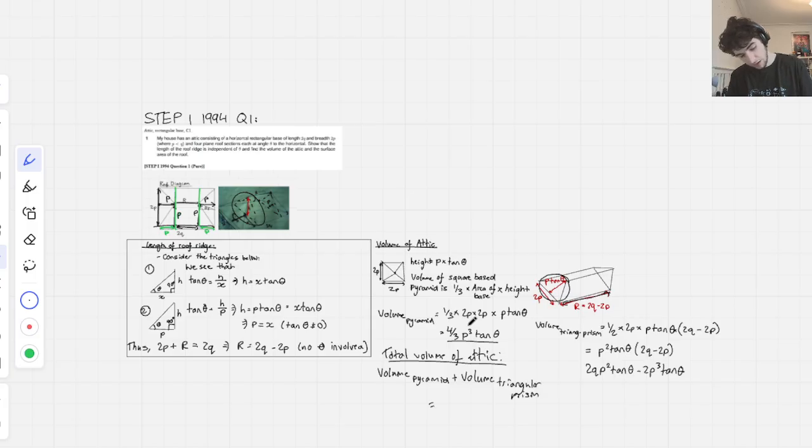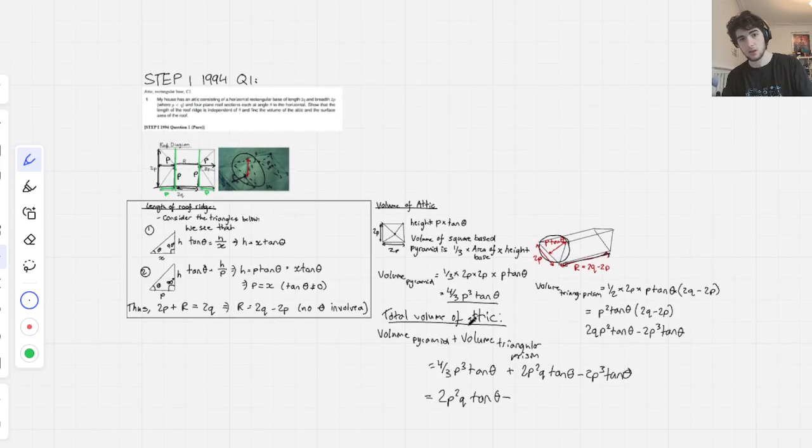Which ends up just being 4/3 p cubed tan theta, right? So we have 2p squared q tan theta minus 2p cubed tan theta, right? So obviously 2 is 6/3, so we can just say this is 4/3 p cubed tan theta minus 6/3 p cubed tan theta. So effectively what you get is 2p squared q tan theta minus 2/3